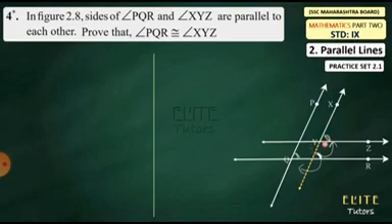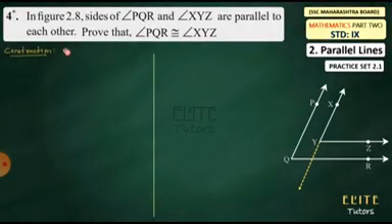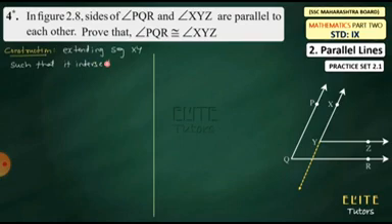So let us start with the solution. Construction. Because I have extended the line XY, that's why I am writing: extending segment XY such that this XY intersects QR. So I will write such that it intersects ray QR at this point, and here no name is there. So suppose this is S. QR at point S.